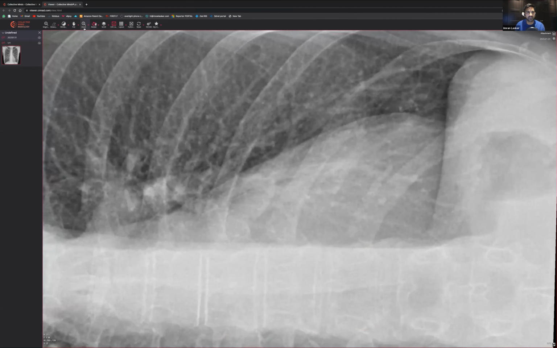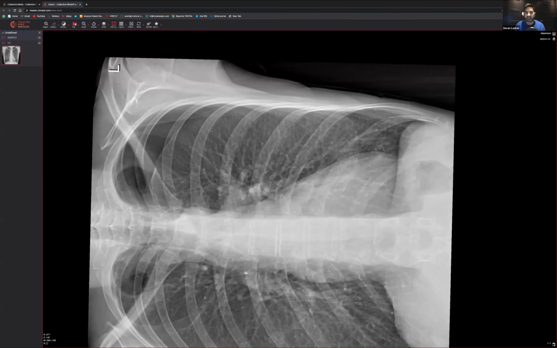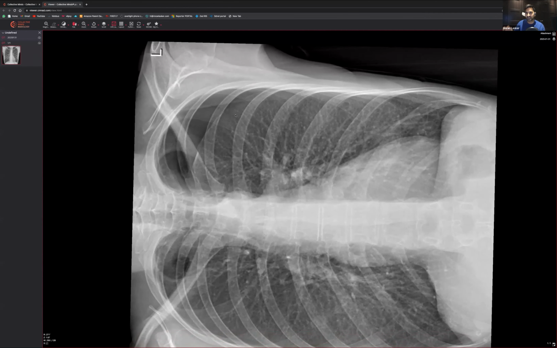Sometimes it helps just to look at it at a slightly different angle. So you can do that. And also that sometimes helps just by reorientating your eyes to not only have a look at the ribs, especially the edges. That can be very, very useful, because sometimes people do miss fractures right at the edges, and also it can be a really good way to just follow that lung as well. So do make sure that you manipulate the images if you need to.